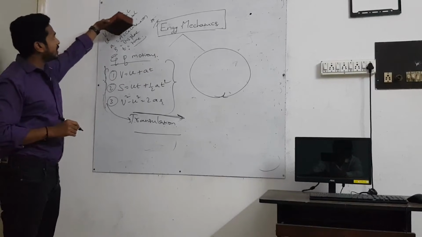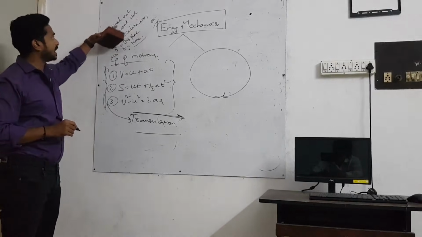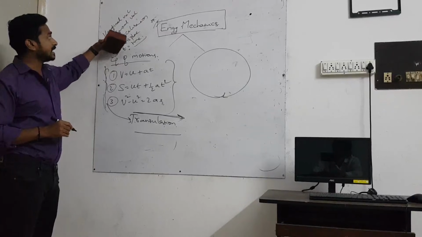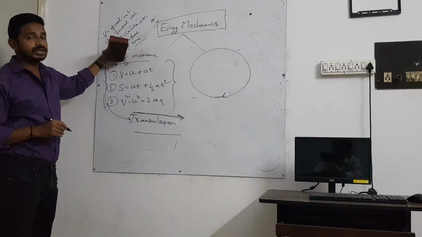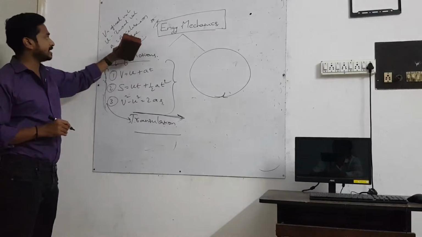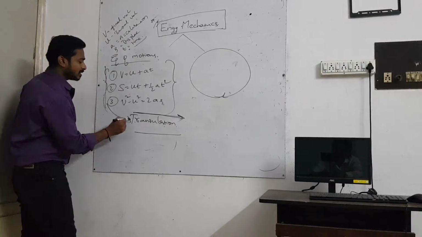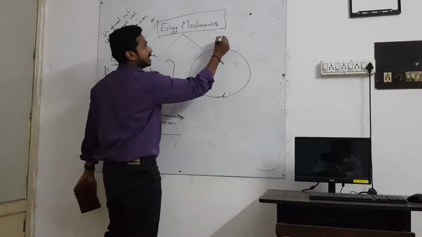That is final linear velocity, initial linear velocity, linear acceleration, displacement, and time, when you consider translation. If you consider curvilinear,